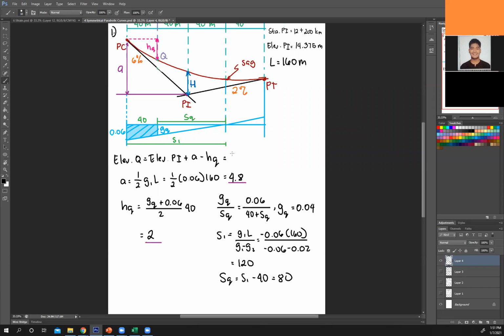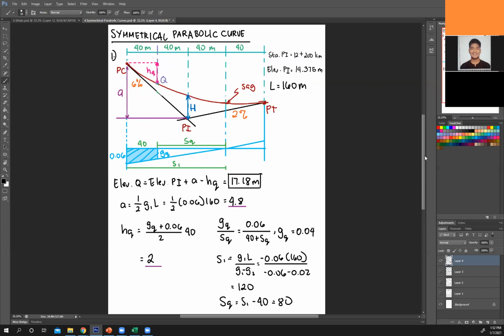Correct, Miguel? And as you can see, it's the same answer as before. So this is another way to solve. Okay? So there are multiple ways to solve a single problem here. Up to you how you want to solve it.